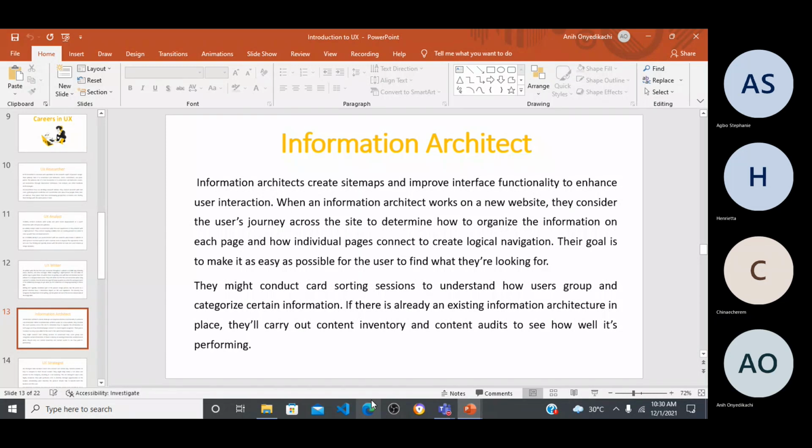Now, this person can get the names of the pages that make up a website, how they are arranged. Then he gives them to each user. For instance, in a card sorting session, you tell this person, please sort this the way you think it should be. Do you get it? All of you will sort. Then we'll be able to say, yes, this one should come before this one, which should come before this. From there, he'll be able to get his hierarchy and arrange things,